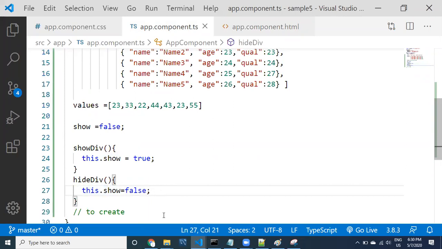Okay, let us look at it, guys. I am expecting the same output. Initially, by default, the property is false. Because of that, it will display. Give me one second, guys. So initially it is false, that's why it is going to display. Whenever I click on show, it is going to display the same thing.